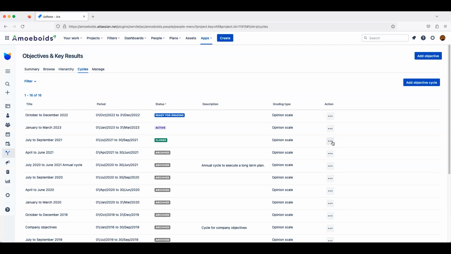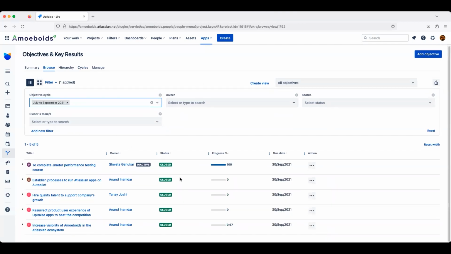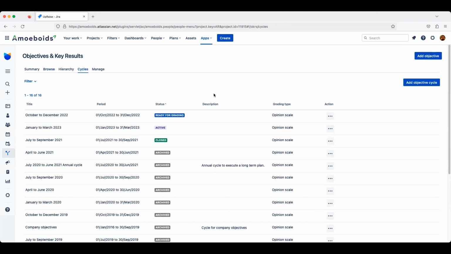Now, what is the impact of archiving? For that, let me navigate to the browse page. We will be looking at the July to September 2021 objectives. So let's go to the browse page. I've navigated to all objectives, and here I will click on July to September 2021. You'll notice there are some dummy objectives that are created. They are displayed on the screen. Now, when I go to the cycles tab and archive this,